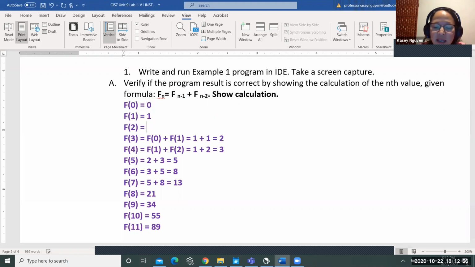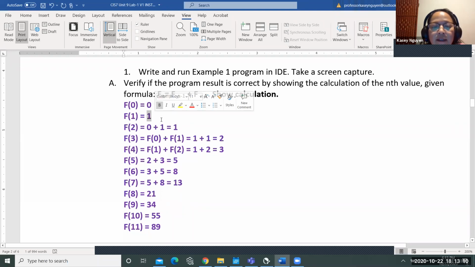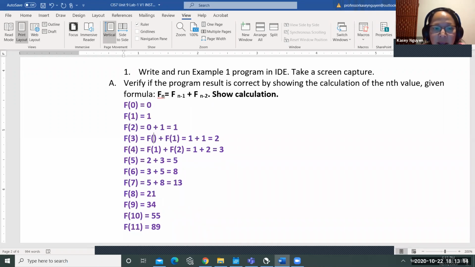So you would take 0 plus 1, which gives you 1. Okay? And for 3, we would repeat the process. So we would take f of 1, right? Sorry, I mistyped here.